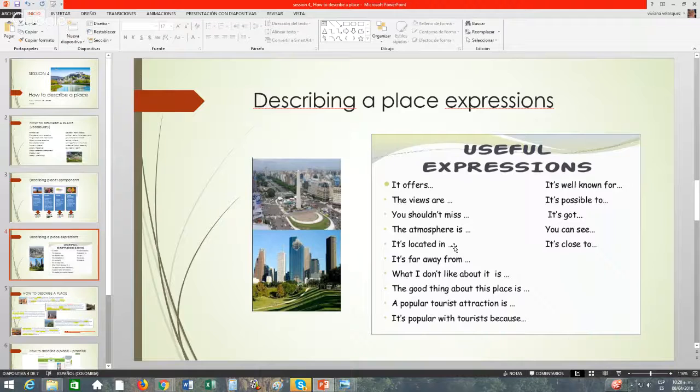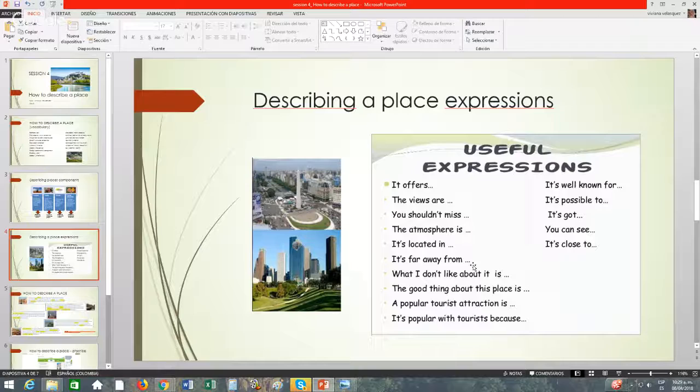So you said, it is located on the 7th Street, which is very famous for people to remember the 7th Street. Or, for example, you say, it is located in front of the church. So you locate the person with different specific places around, and it is not necessary to be very specific with the streets because you don't know exactly, or the person doesn't know the place itself. Yes? Yes, teacher. Okay. Next one.